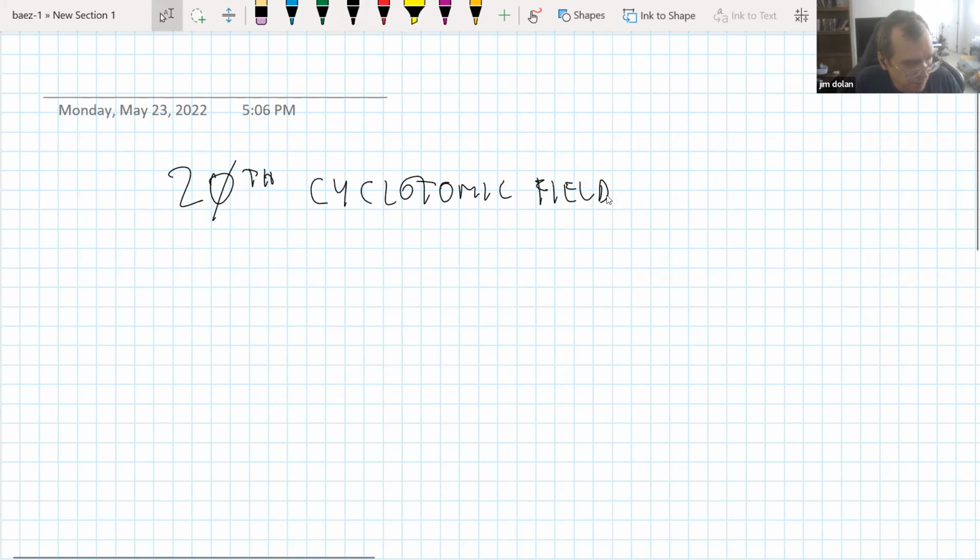The reason I want to start thinking about the 20th cyclotomic field is I want to try to use it as a source from which to mine examples of abelian varieties. So we're going to try to extract all of the abelian varieties that we can think of out of this source material. And this has a lot to do with what you were saying a moment ago about,